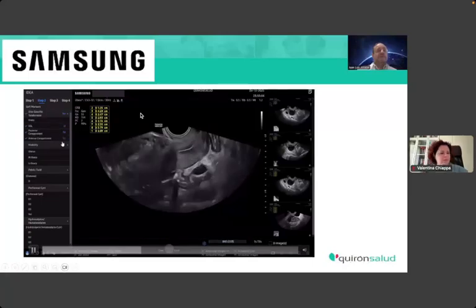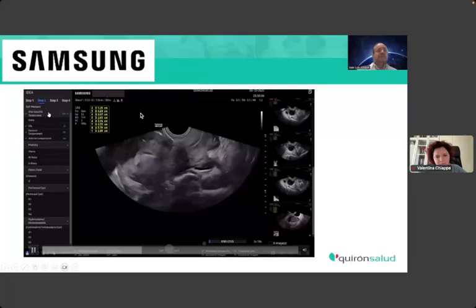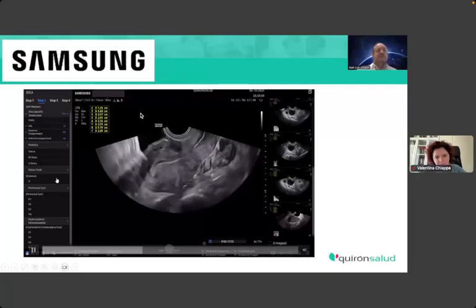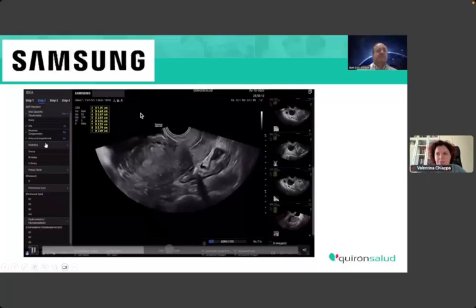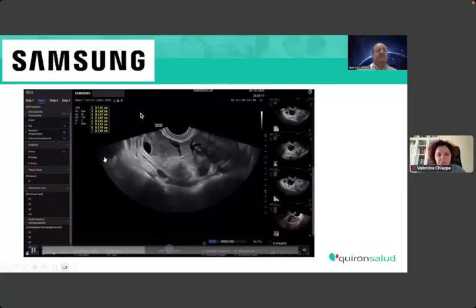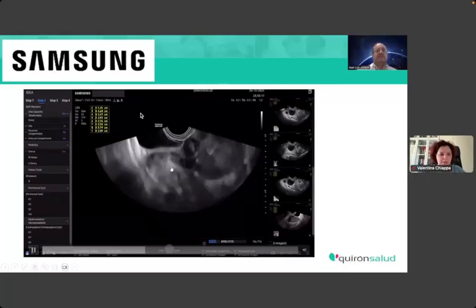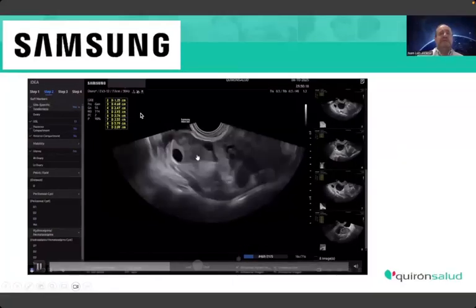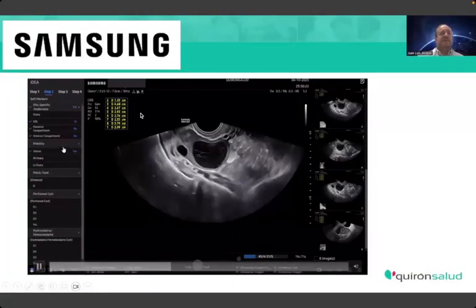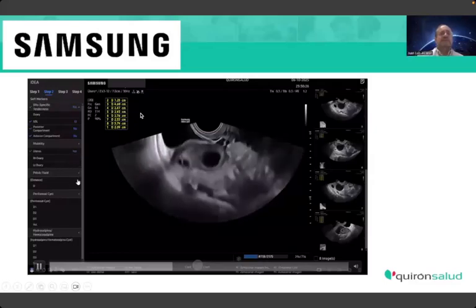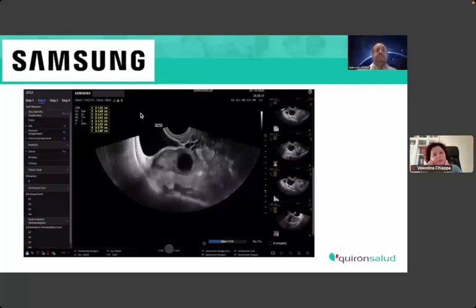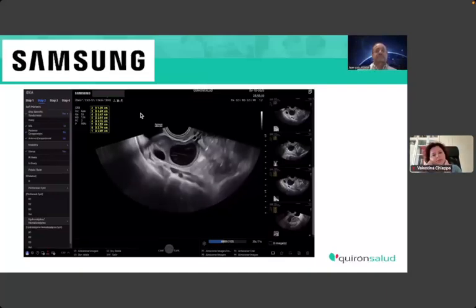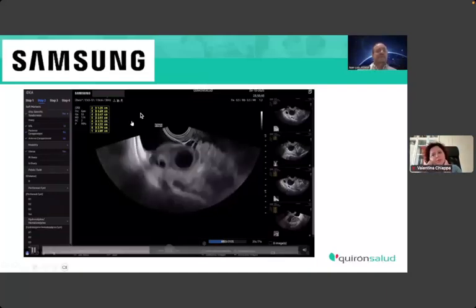Okay. And then when you assess the site-specific, you move to the ovary to look for the mobility of the ovary. So the uterus is mobile, and then we look for the right ovary, mobile or not. Depending on what you find, you can mark whether the right ovary is mobile, or the same for the left ovary. This is the right ovary, which is apparently mobile. You mark it,